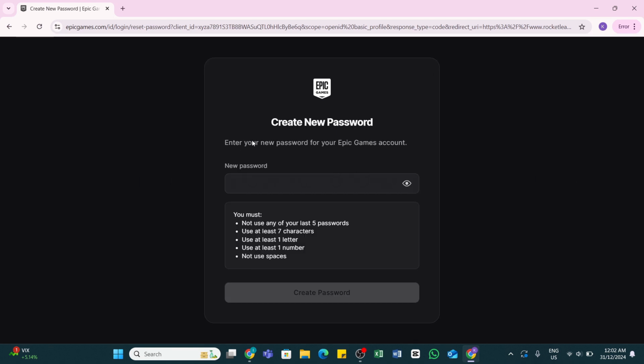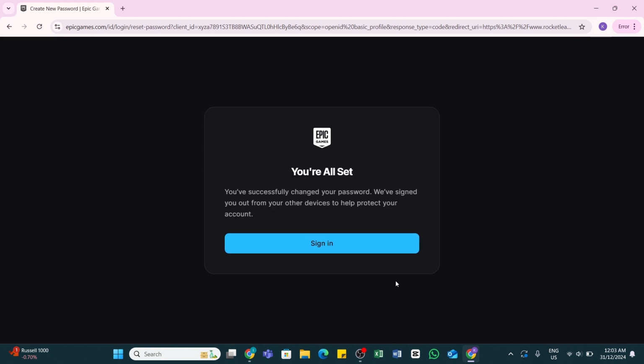After that, now you will be able to enter a new password. Create a new password for your account by following all the criteria presented below. After entering the password, you may also click on the eye button at the right side of it to reveal it and check if you have entered it correctly. After that, click on this create password button at the very bottom and then you will be able to reset